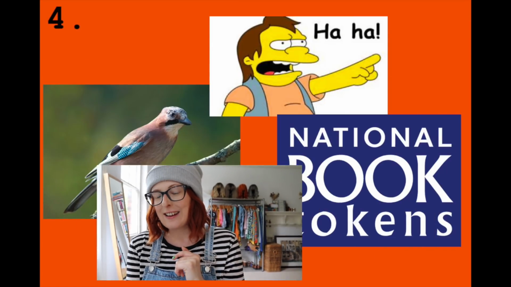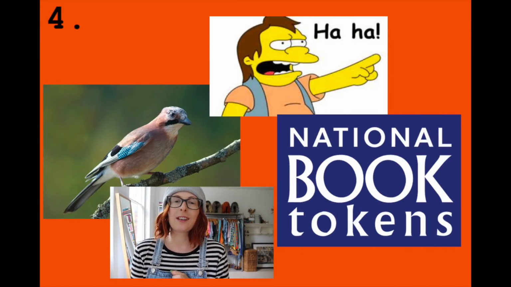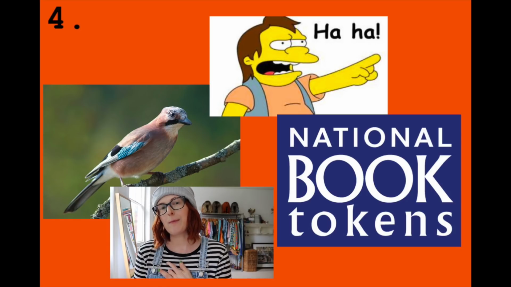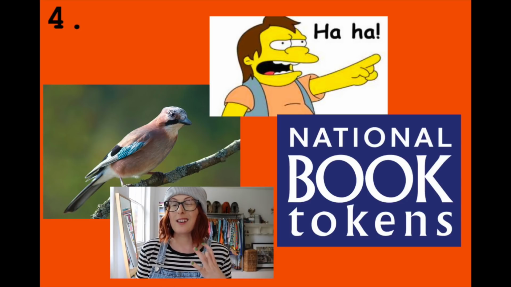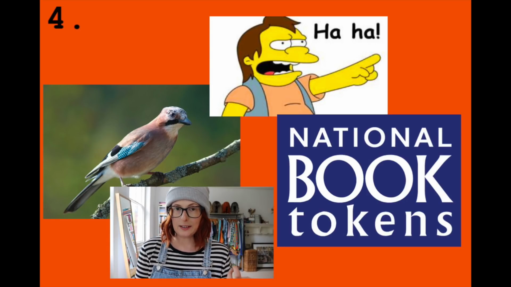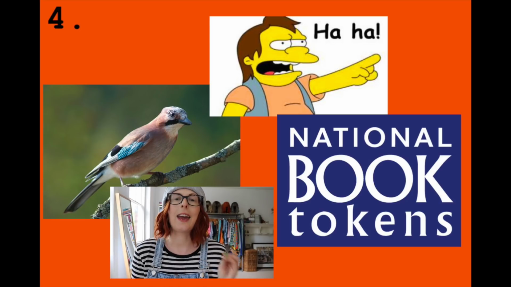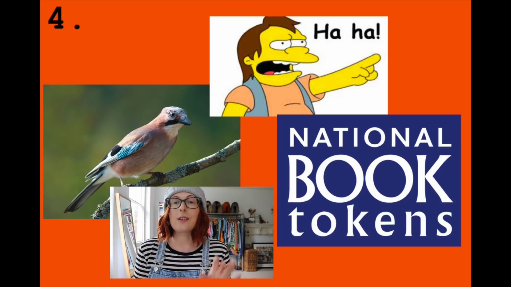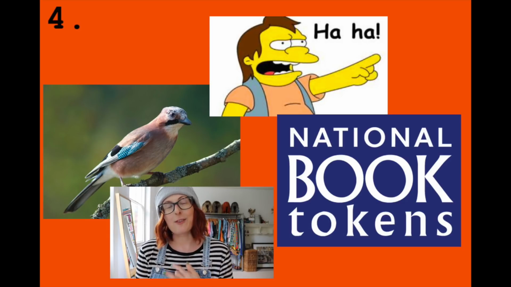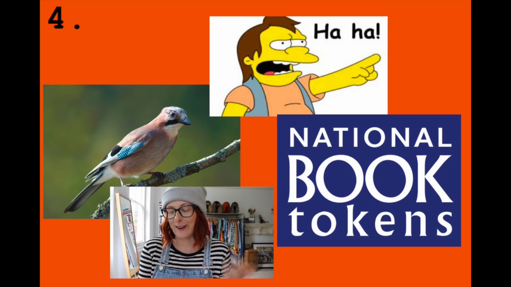Number 4, I sent this to Jean and Lauren, and this was the one that they got particularly stuck on. For some reason, this one just amuses me. I think maybe it's confusing because it has Nelson from The Simpsons, and both Mr. M and Lauren thought that maybe Nelson was going to be a word that's included, and it's not, it's just what he's saying. So we have a jaybird, we've got Nelson saying ha ha, and then a sign saying National Book Token. So this is J ha ha token, J.R.R. Tolkien. I'm sorry, I'm laughing at my own joke.